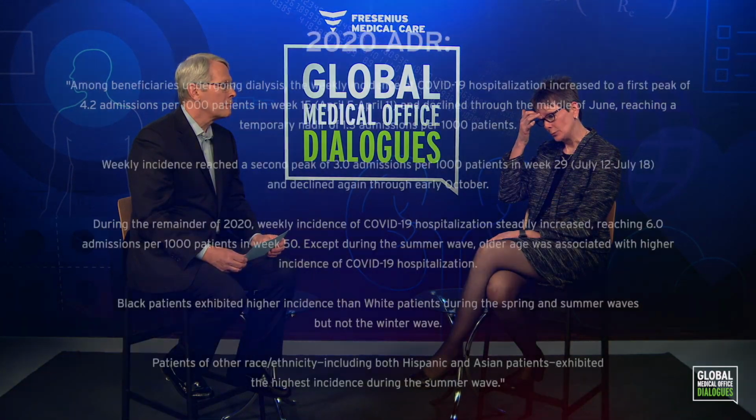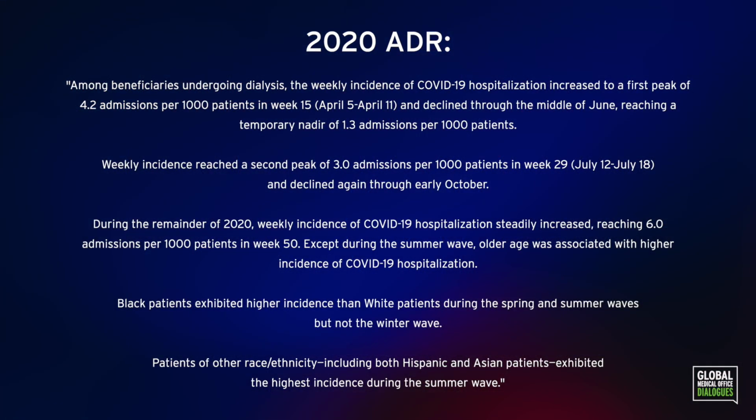We actually did study that, and we found in 2020 and 2021 that we looked at hospitalization rates, and we were able to compare it to CDC's network of, I think it's 13 or 14 states that they track. And when we looked at that, we saw a really strong correlation. It was about 0.9 on average between community rates and the dialysis population, but they were 40 times higher for dialysis patients. So that's what we saw.